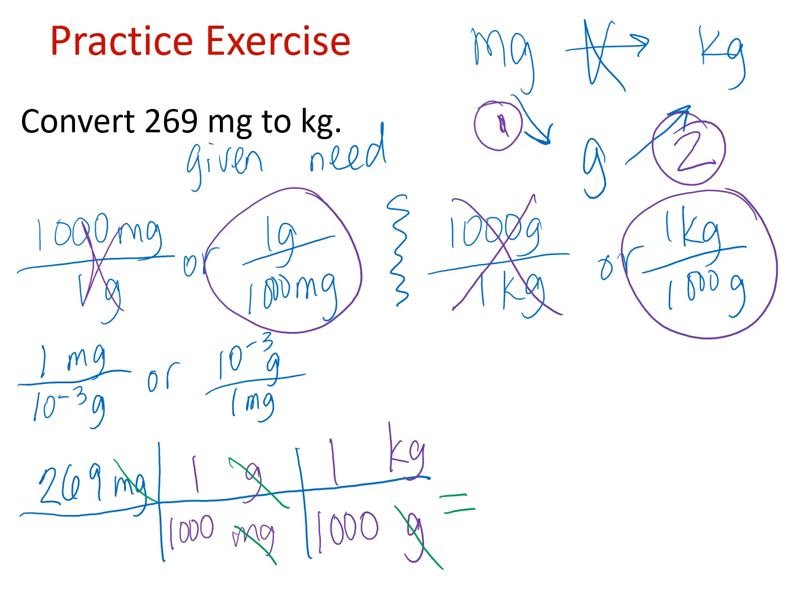And so when you're carrying out this calculation, again, everything that's in your numerator, 269 times 1 times 1, so you would end up with 269. Then in your denominator, 1,000 times 1,000, so you would end up with 1 million. And you take the product of your numerator, the 269, divided by your denominator, that 1 million, and then that's going to give you your answer. I'm going to write it a little sideways so that I have room. So you end up with